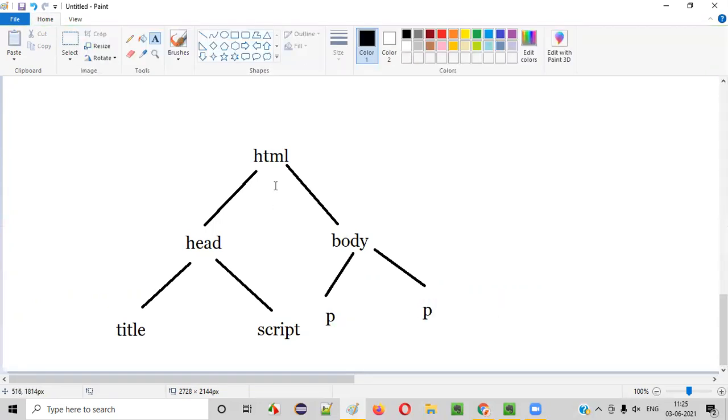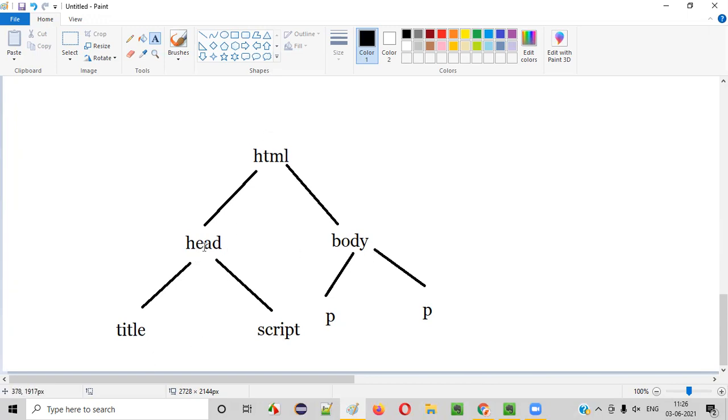The two children of the HTML are head and body. Head has its own children, title and script. Body has its own children, two paragraphs. HTML is the grandparent of the paragraph tags, and the paragraph tags are the grandchildren of the HTML. Title and script are also grandchildren of the HTML tag, and head and body are the children of the HTML.